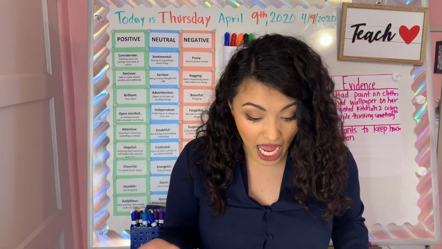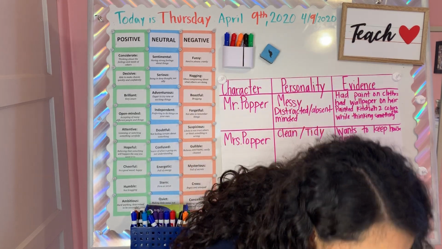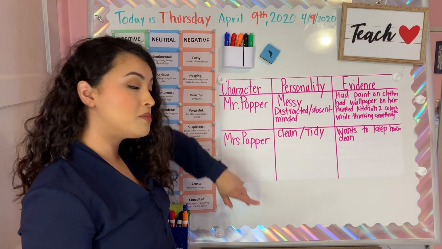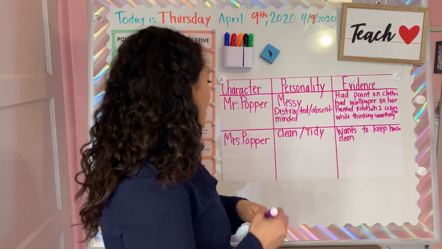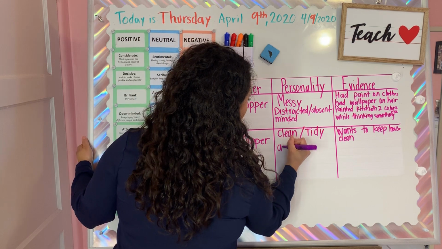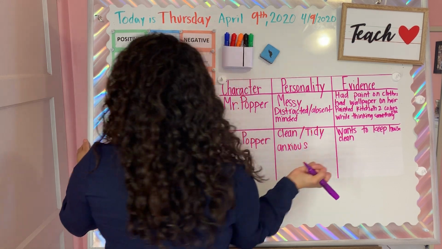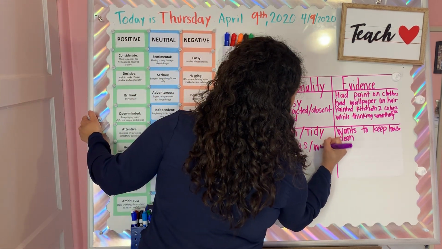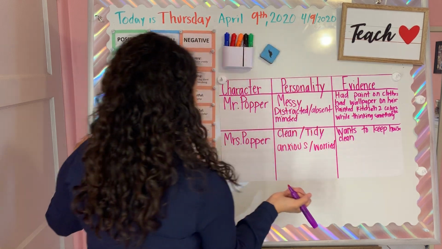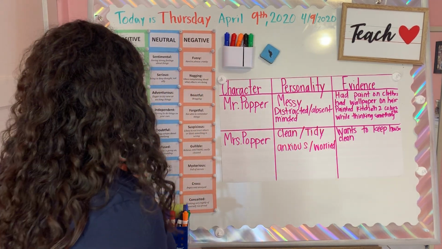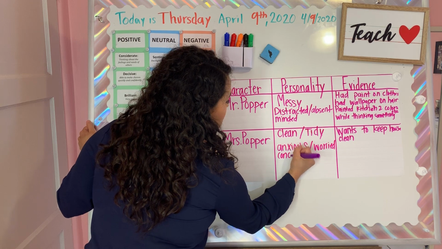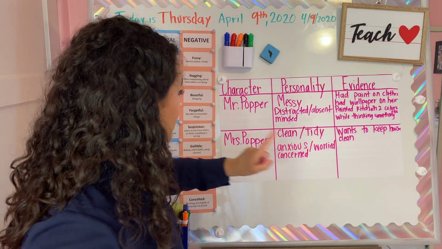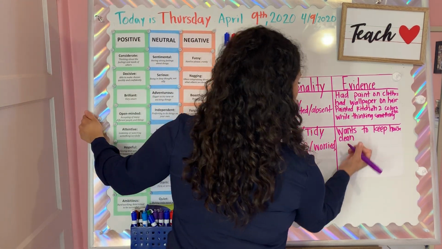So I'm going to write that down and I'm going to chunk it down. I know that was a lot of evidence. So I'm going to make sure that I'm writing this in the correct spot. Mrs. Popper, I know that she could be anxious. Okay, she might be anxious and maybe a little bit worried. Maybe she was a little bit concerned too. Yes. So she is anxious, worried, and concerned because she is worrying